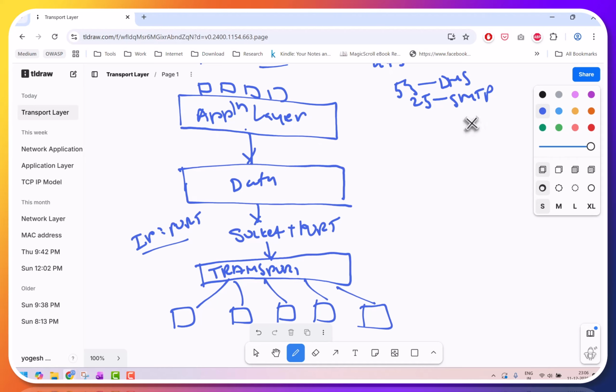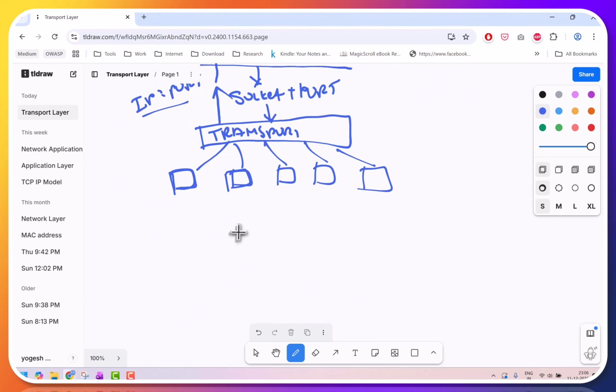And on the other side, the transport layer receives the data, and it will channelize it with the help of socket and port, figure out which application the data belongs to, and accordingly send it. This process is called demultiplexing. So this is what multiplexing and demultiplexing means.